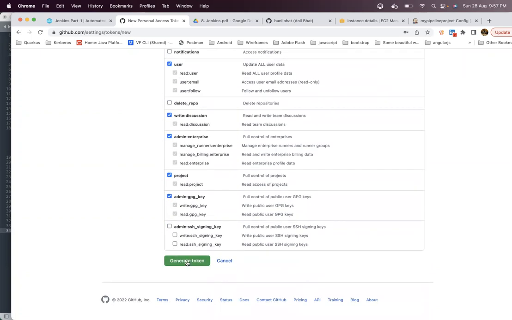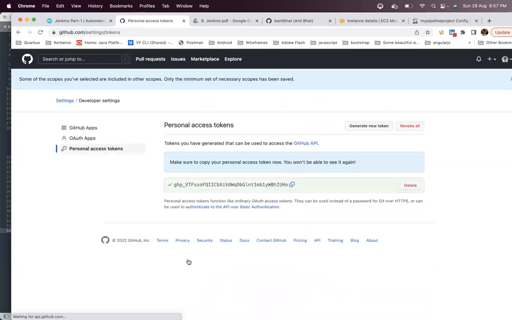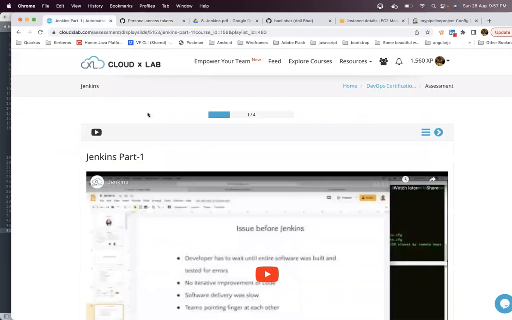I am generating a token now. This is one way. I am generating a token. Remember this particular token. Okay, remember this token for now. And copy this particular token